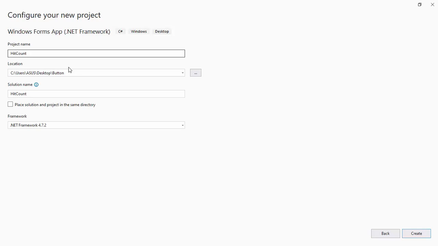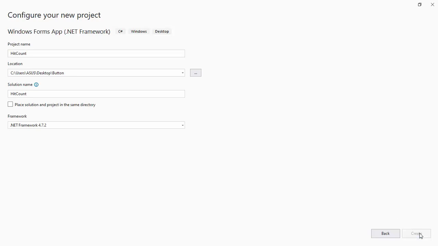So if you are a student and you want to be a professional programmer, start by naming your assignment or your task with a professional name like this. This shows that you have a strong intention to be a professional programmer in the future.